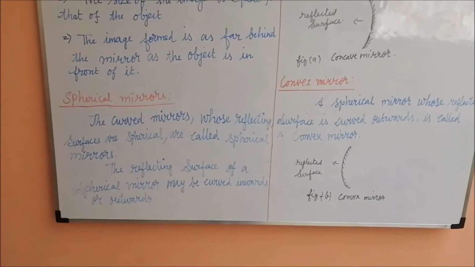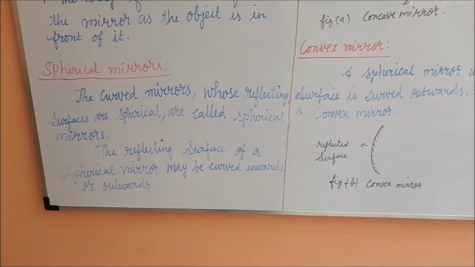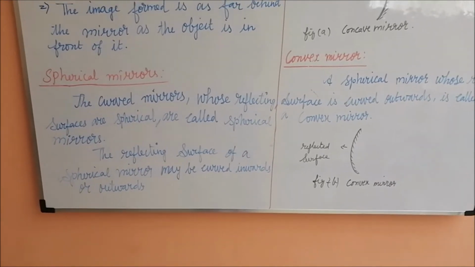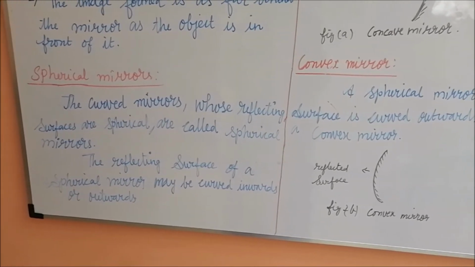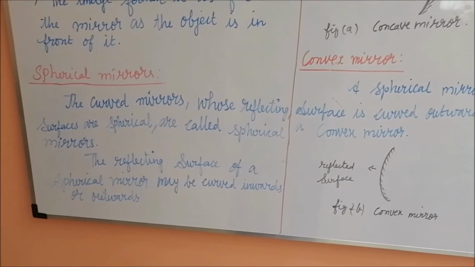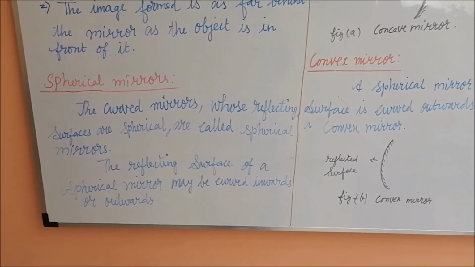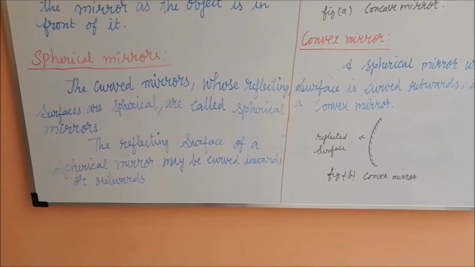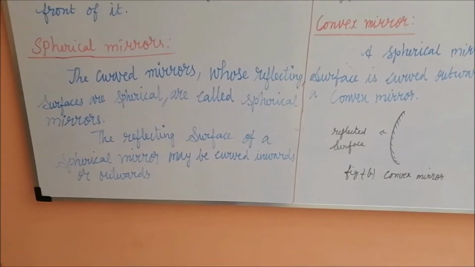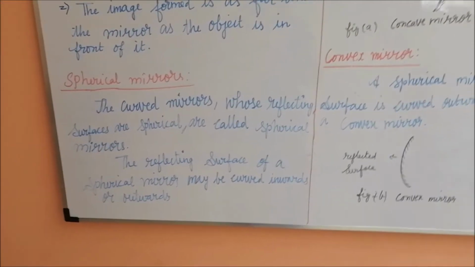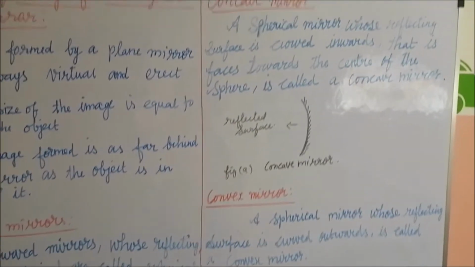Spherical mirrors. The curved mirrors whose reflecting surfaces are spherical are called spherical mirrors. So we all know the plane mirrors; here, spherical mirrors reflect in a curved shape. All such objects are spherical mirrors. Even a spoon can also act as a spherical mirror. The reflecting surface of a spherical mirror may be curved inwards or outwards. Based on whether the reflecting surface is inward or outward, we can classify the spherical mirrors